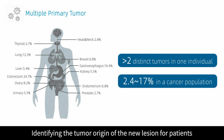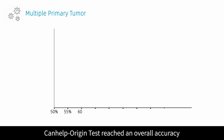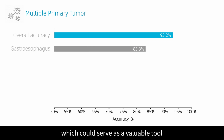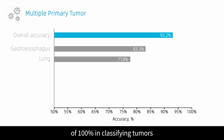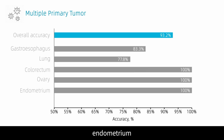Identifying the tumor origin of the new lesion for patients with a cancer history is crucial for selecting the treatment strategy. Canhelp Origin test reached an overall accuracy of 93.2% in multiple primary tumors, which could serve as a valuable tool for identifying the primary site of new lesions for cancer patients. Specifically, Canhelp Origin test attained a perfect agreement rate of 100% in classifying tumors from the colorectum, ovary, endometrium, and